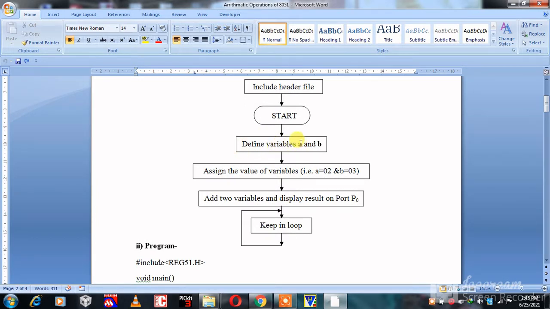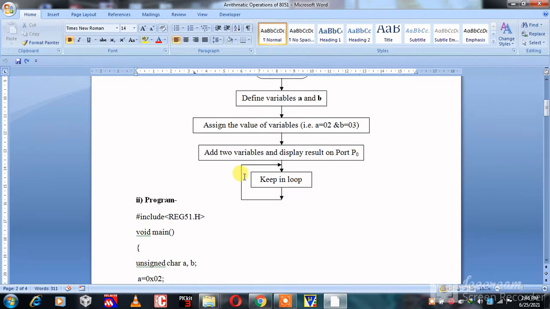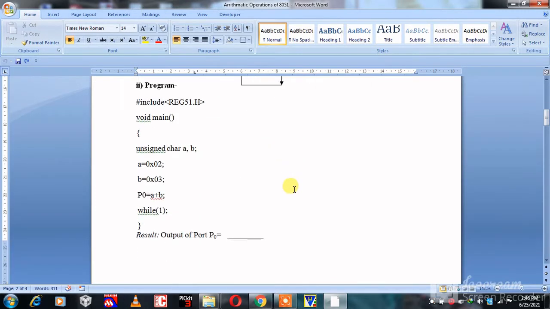Here we have defined A and B variables, then assign the value of variables, then add two variables and send data to port P0, then keep it in loop. This is the 8-bit code of addition.